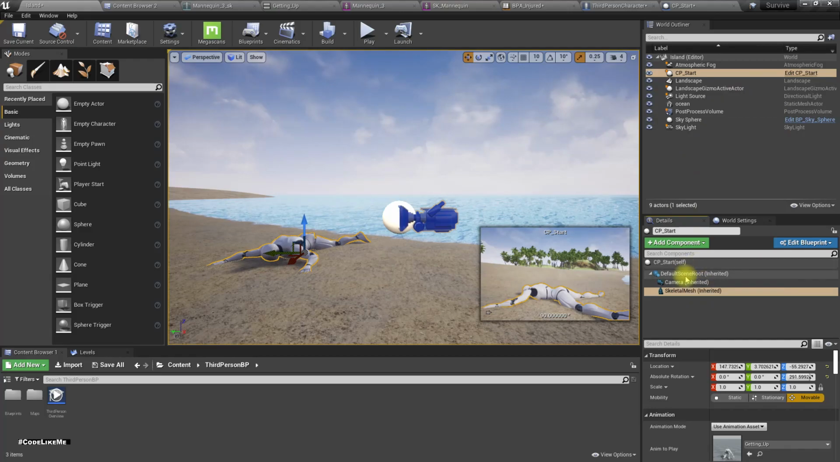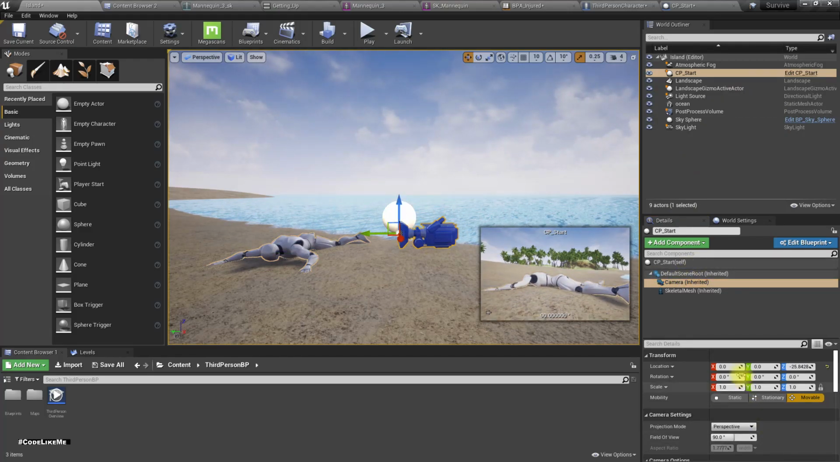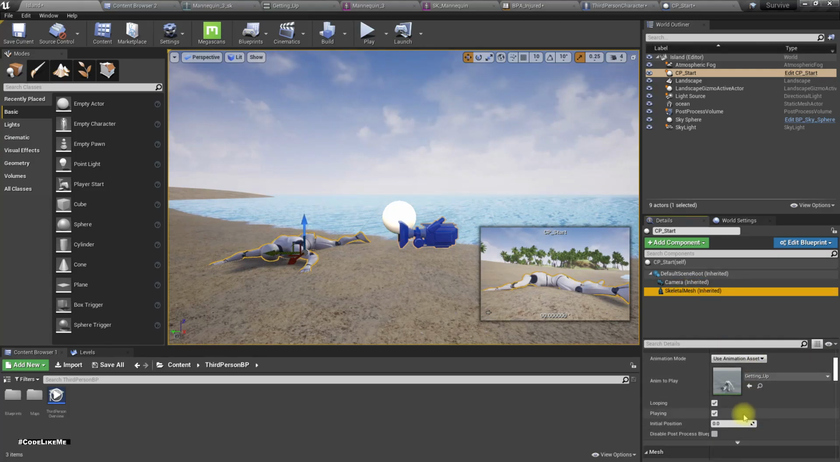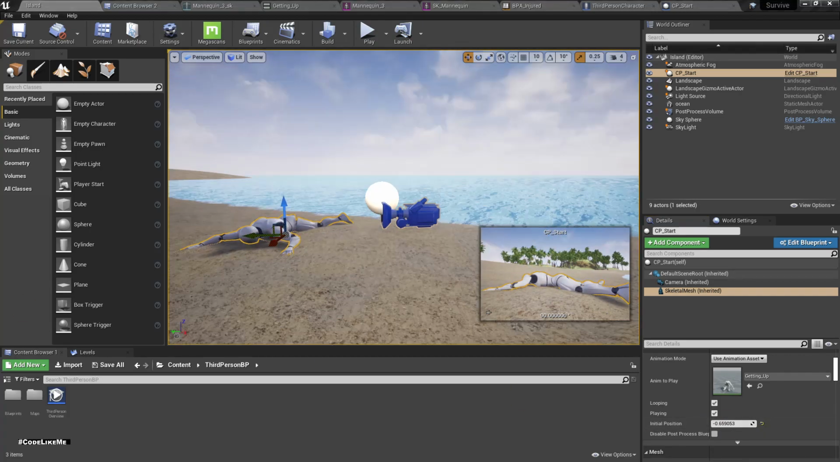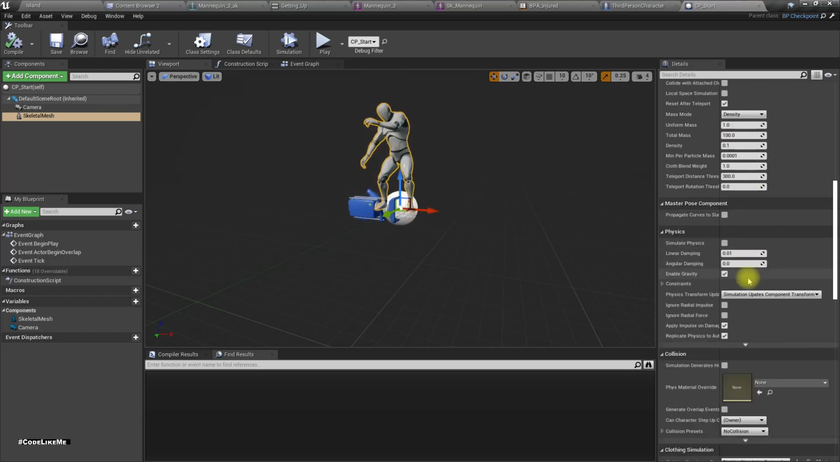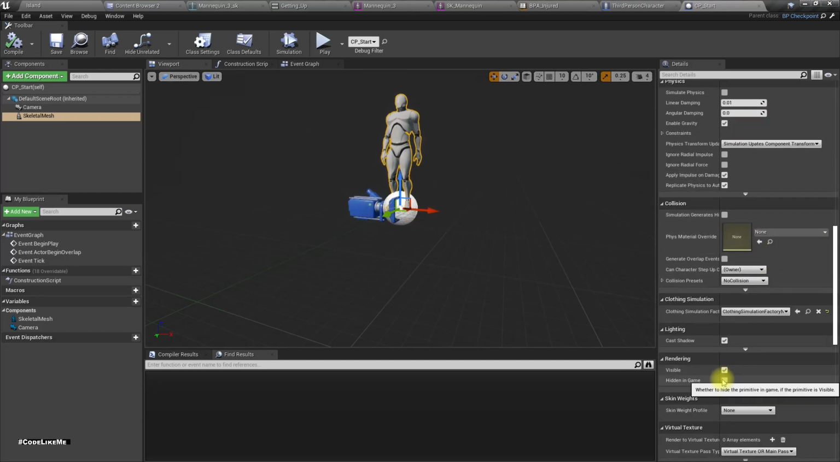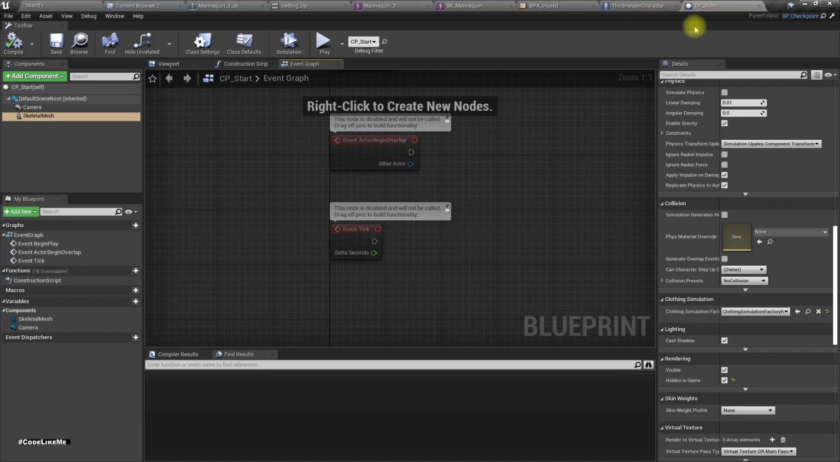Okay, let's move the camera down. This would be the way we see it. Right, now I'll make this mesh hidden in the game and also no collisions, that's okay. Then once I start the game,